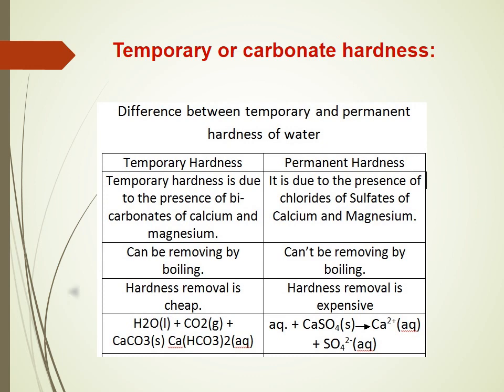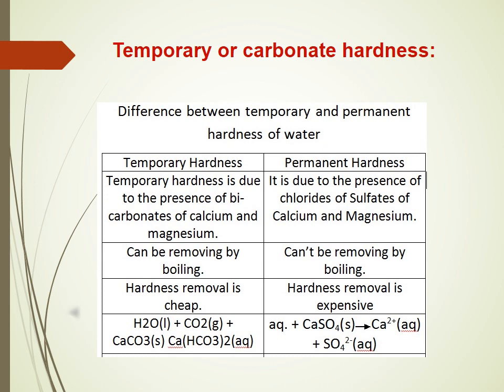It means the boiling process promotes the formation of the carbonates, which are insoluble, from the bicarbonates, and that's why it precipitates the calcium carbonate out of the solution of water, and that leaves the water softer in nature, that is, soft water. In short, the temporary hardness is due to the presence of the dissolved bicarbonates of the calcium and magnesium ions,